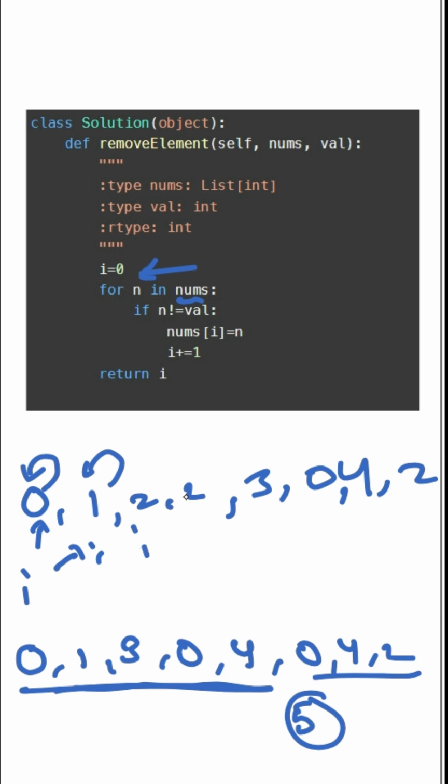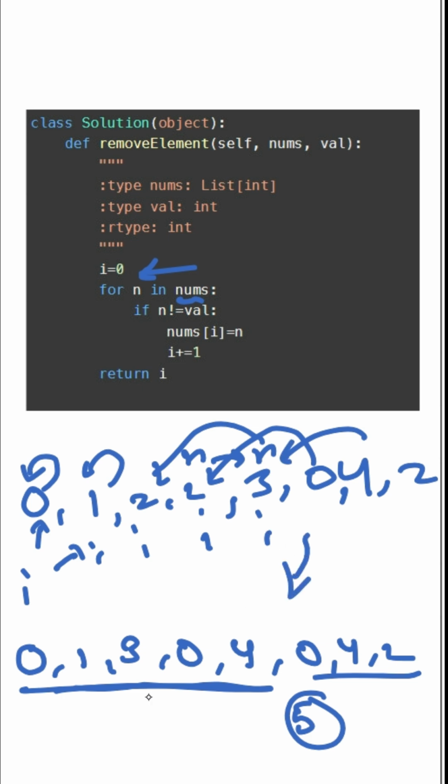Here 2 is equal to 2, so it will be skipped, and here 2 equal to 2, again it will be skipped, and here n is not equal to 2, 3 is not equal to 2, so it will be moved to ith location, and i is updated to here. Again 0 will be same, and 4 also, like that it will happen, and the final value will be like this array 0 1 3